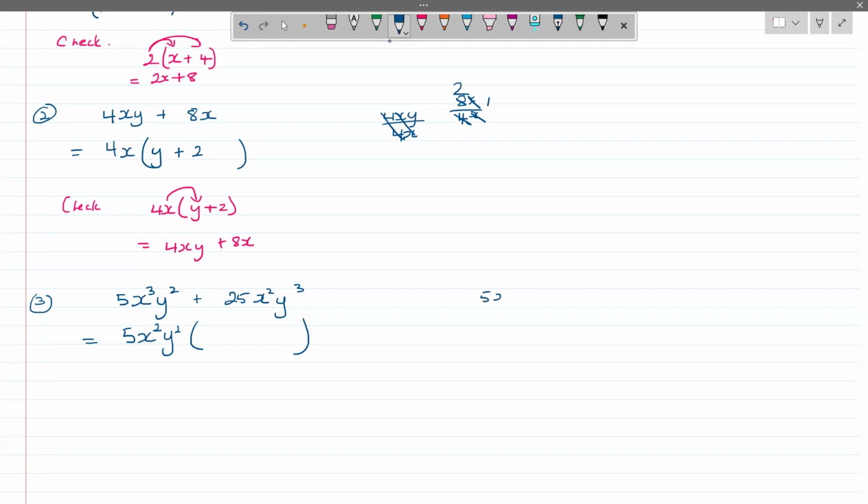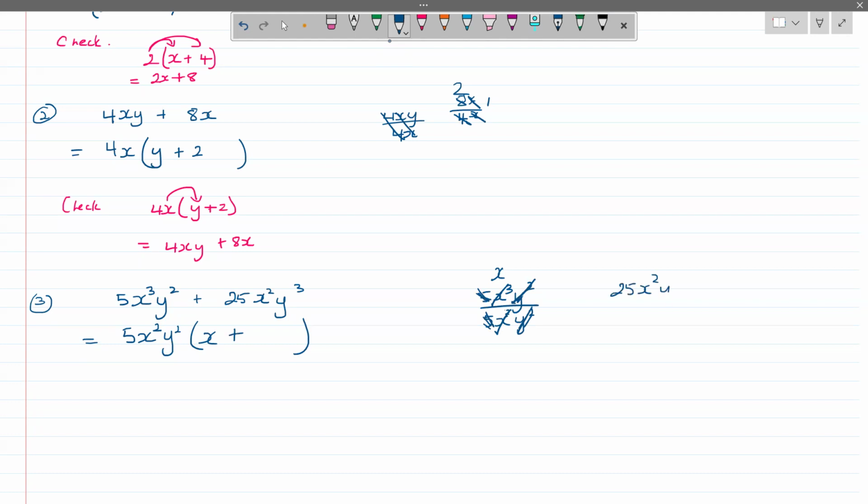Now I will say 5x squared y squared into 5x cubed y squared. Now if you're not certain, you can just quickly go to your working column, write the two of them there, and cancel things off, right? X squared into x cubed, this would be like you have x by x, and on top you have x by x by x. So 2 of these will cancel with 2 of these here, leaving an x alone here. These y squared will cancel entirely. So what we remain with here is just an x, right? 5's cancel, y squared cancel, and we have an x plus